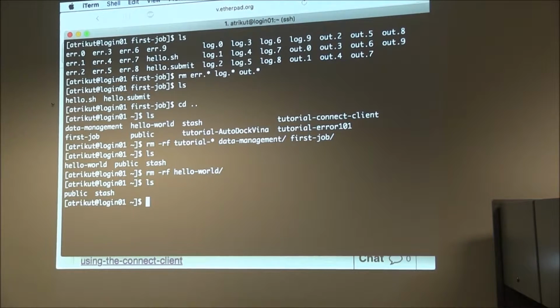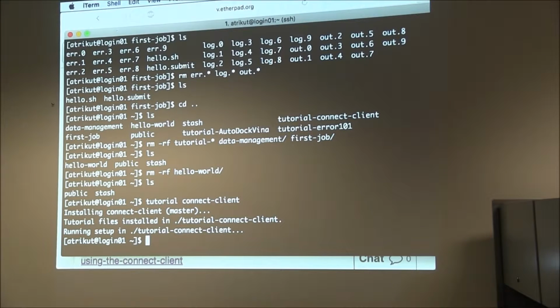And for now, I'll ask you just to load the Connect client tutorial. This is your home directory, which I think has some sort of persistent storage. But the stash directories don't. And in general, just like with the Palmetto, you don't want to actually launch large jobs from the home directory. The performance of these directories is kind of slow. You do want to do that through the stash directory, and we'll talk about those in just a bit.